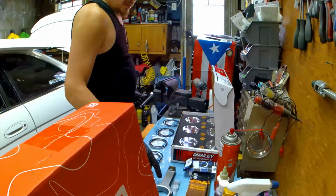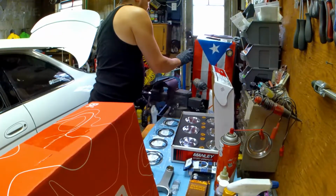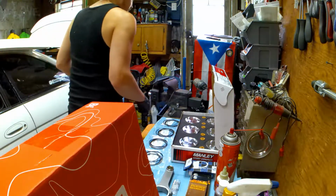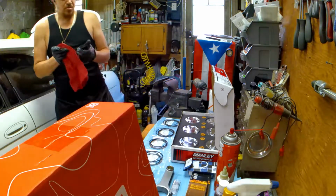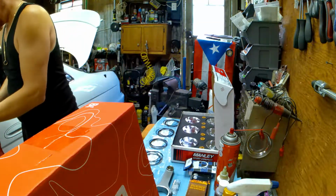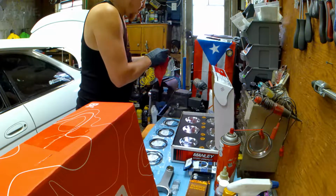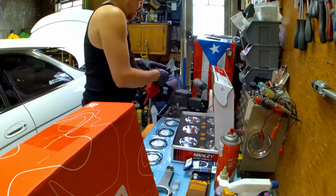So what I do is, you don't want to gouge the rod in any way, so I put these soft jaws in there. Clean them up, make sure there's no debris on them. These soft jaws, they're magnetic and they go on your vise here. I'm pretty sure half of you have used these already, but for those of you that haven't,